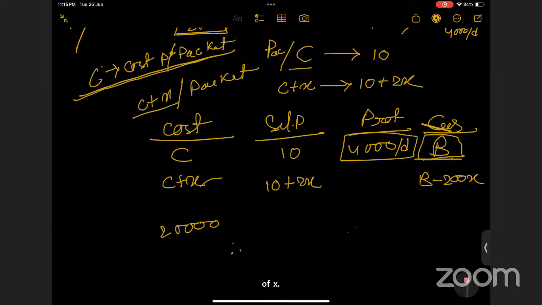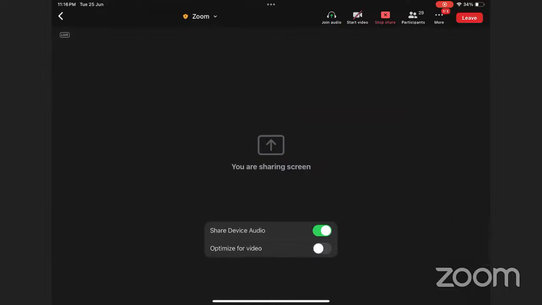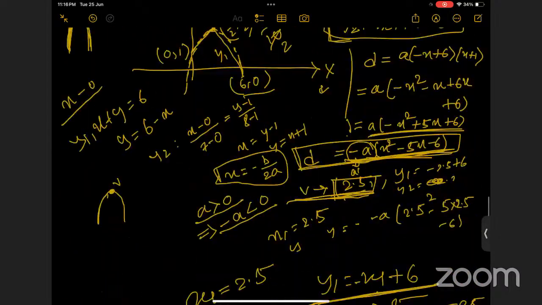We have to write an equation for the profit, and we will found a parabola, and then we need to find the highest point of the parabola. Yes, ma'am. So how should we find that equation of parabola? Yeah. That's what I'm thinking about. Just give me 2 minutes. Let me think about it. So suppose